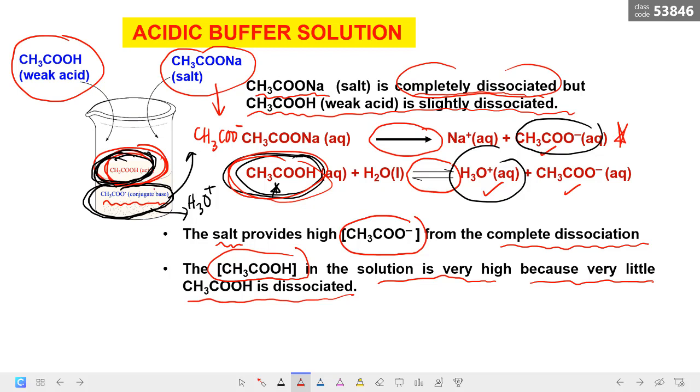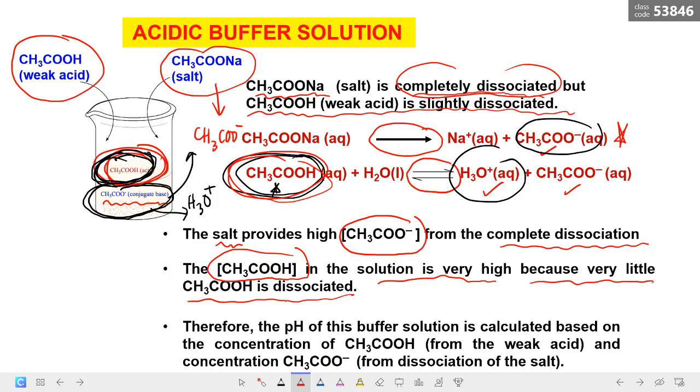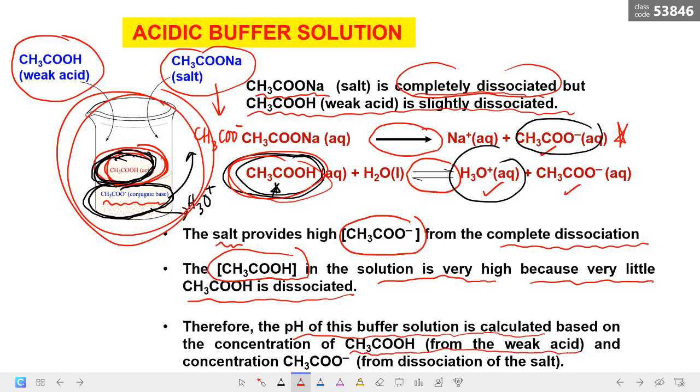Okay. Jadi, apa yang berlaku? pH bagi buffer solution ini. Maksudnya, berapakah pH larutan buffer yang dalam beaker ni sebagai contoh? The pH of this buffer solution is calculated. Nak kira macam mana? Based on the concentration of acetic acid from the weak acid and acetate ion from the